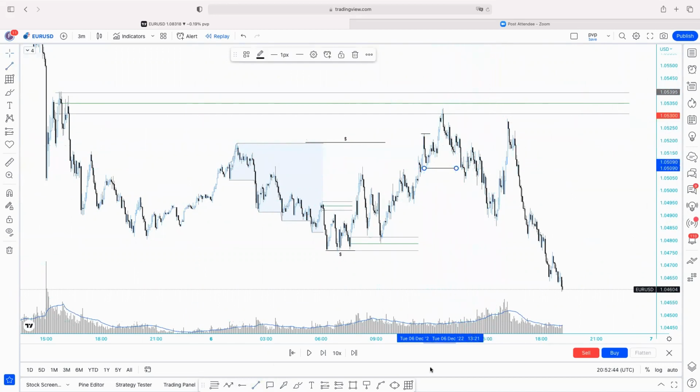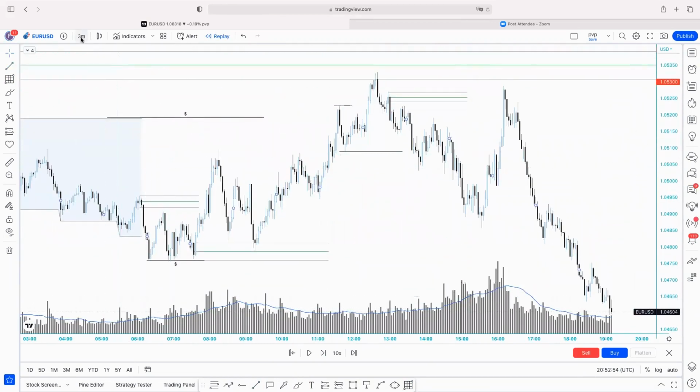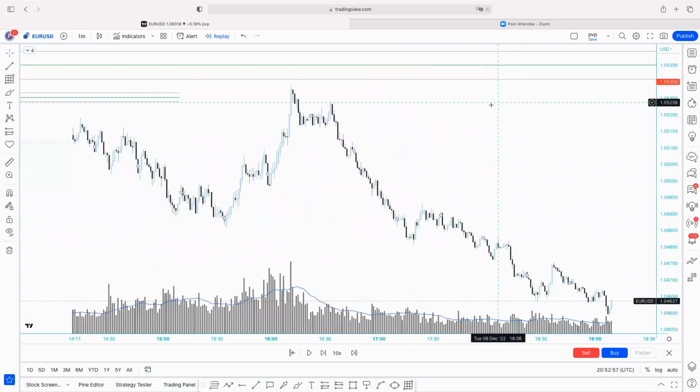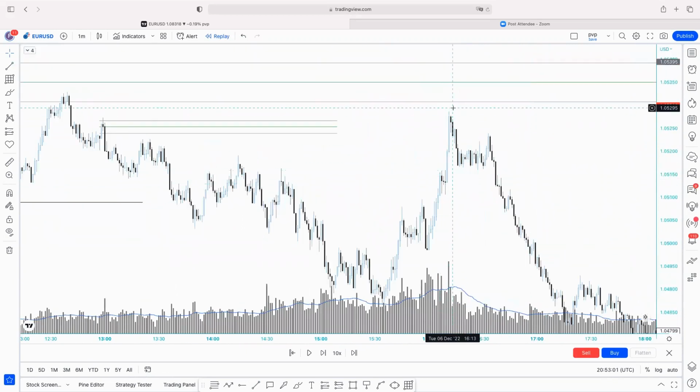retest of the area. Now, personally, I would mark out this area, the higher area, and also this area, and then I would take a look at it. We come back, and the whole point is what we do with the volumes right here. We come back, huge push to the upside, and then at this point, we have this push to the downside. This push to the downside is too many candles. I don't know how you would look at it,